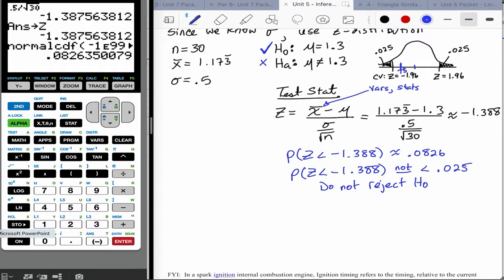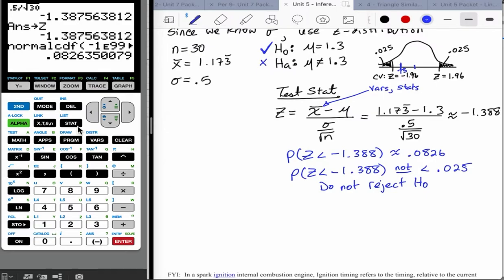But if they're not smaller than that benchmark set forth by the alpha value, then we can't say that the probability of mistakenly rejecting the null hypothesis is sufficiently small. So it would be an extreme risk. Well, maybe not extreme. That's a little extreme. It would be too risky to reject the null hypothesis because the probability of doing so incorrectly would be too large. All right. So we would have to draw a conclusion here, but let me show you really quickly how